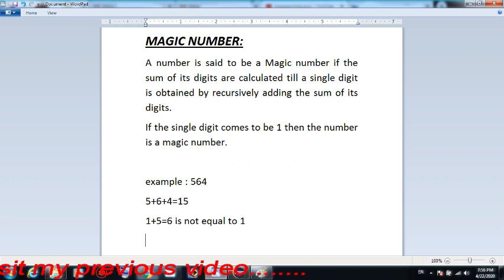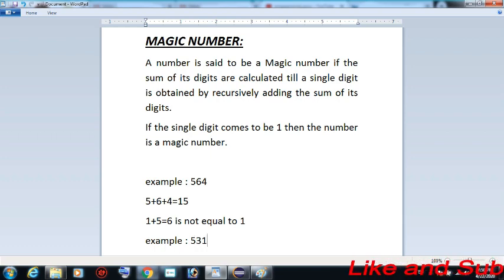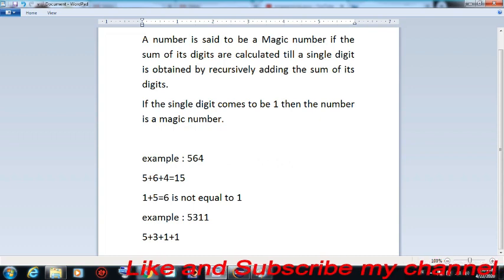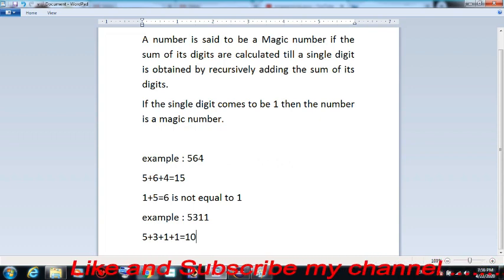We take another example. Here the digit sum equals 10.